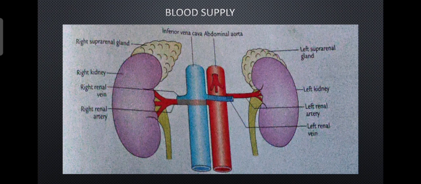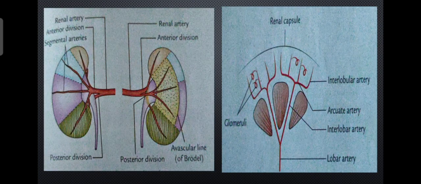Okay, then the anterior branch divides into the segmental branches. See here, these are the anterior and the posterior branches. Both the branches are segmental in nature, that is, they supply one of the segments of the kidney. So the anterior branch usually divides into 4. Okay, that supplies the apical, upper, middle and the lower segments, while the posterior one supplies the posterior aspect of the kidney. It also divides into branches and supplies the posterior aspect of the kidney. So these branches are called segmental branches because they supply the segments of the kidney.